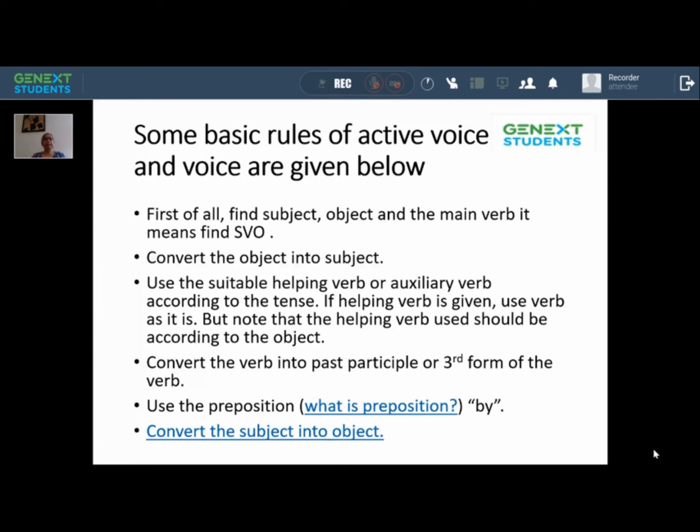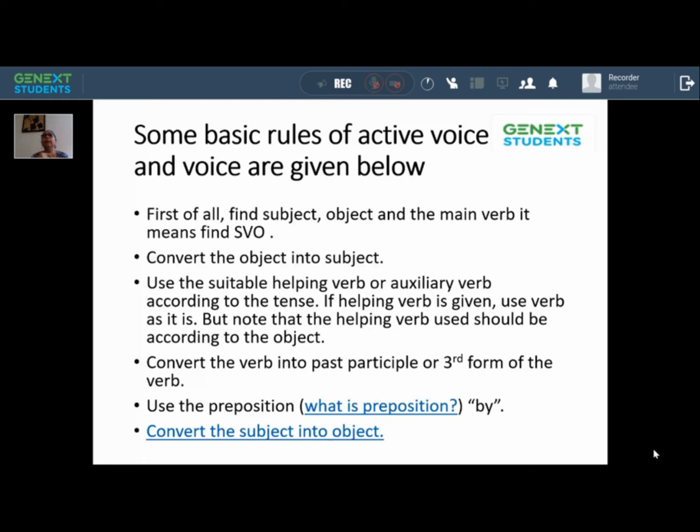So these are the things that we need to keep in mind. So what are the three things that we need to remember? The subject becomes the object. Okay, then we have to change the tense. The verb has to be kept in mind when we are converting that verb. Then you have to keep in mind whether the subject is in first person, second person, or third person. That is the object which has turned into subject.